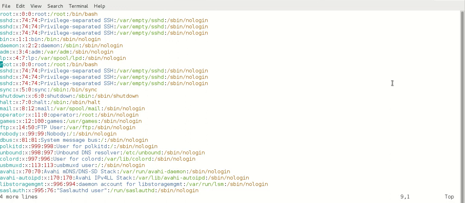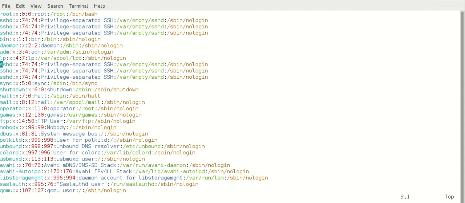At that time you have to press dd. If you want to delete a single line, this is my single line, right? Root 1 is a single line, dd. The root line got deleted. If you want to delete 3 lines, these are the 3 lines, right? These 3 lines I want to delete.